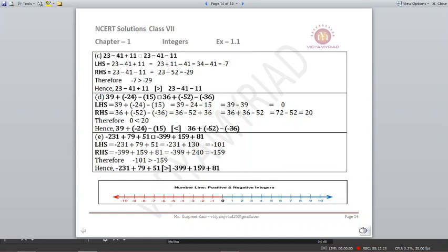Please remember the trick. The right hand side's opposite will be your left hand side. So if your number is closer to 0 on the right hand side, that is a smaller number. But on the left hand side, for a negative number, if a number is closer to 0, that will be a greater number. Same way on the right hand side, if the number is far away, that is a bigger number. But on the left hand side, if a number is negative and far away, then it is a smaller number. Just remember this rule and you will easily be able to find out.